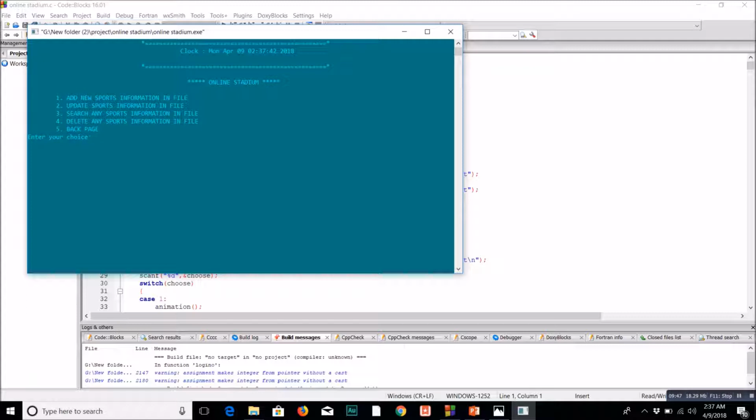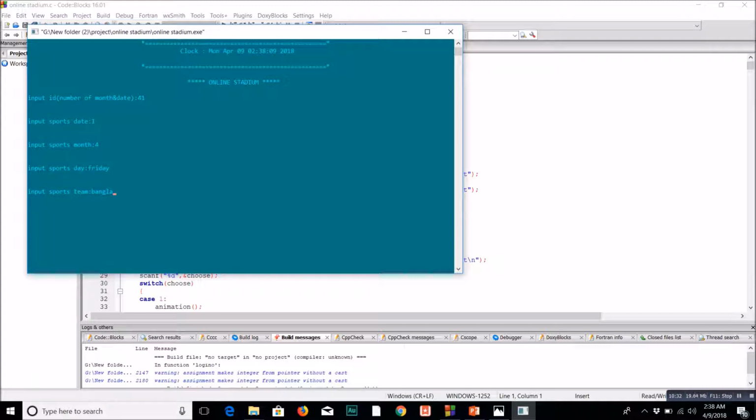If you want to delete, before deleting I want to add, because if I delete, that ID will be deleted. There is no sports information left, so that's why I want to add before the delete. So press 1 and add again, like 4 month, date 1, sports day Friday, and sports team